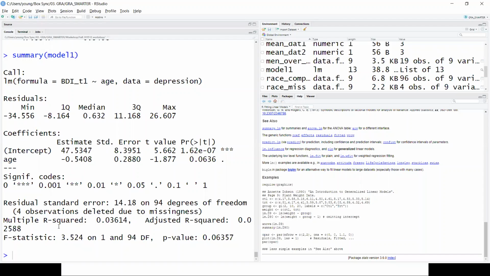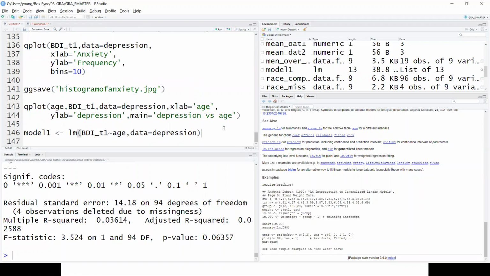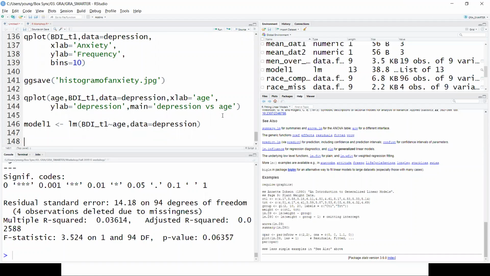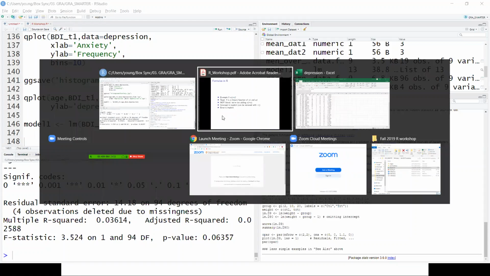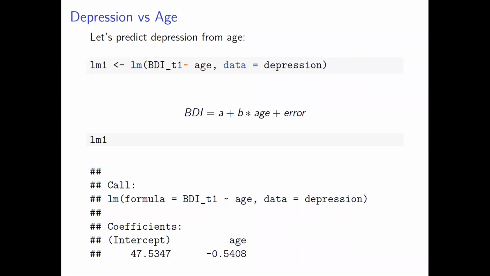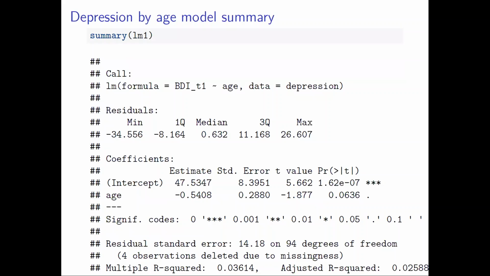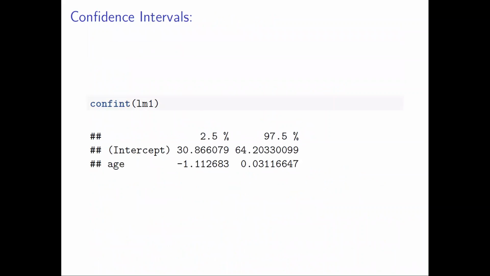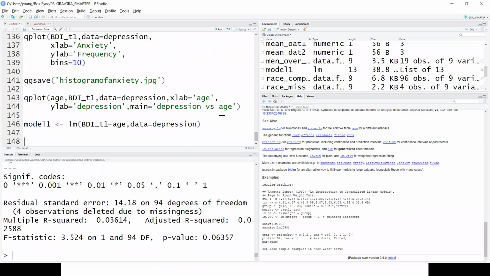This gives you R-squared values. The F statistic is useful for other things. I guess we're running out of time, but we could talk about that a little later. But it's the F statistic for the model, whether it does a better job than just a plain old intercept. All right. So that's OLS. Now you know how to run OLS models, or at least simple ones. So that's how it does it. Yeah, you can get confidence intervals.